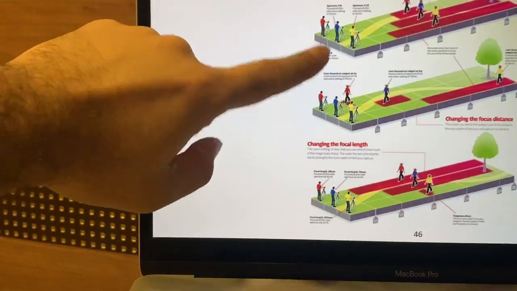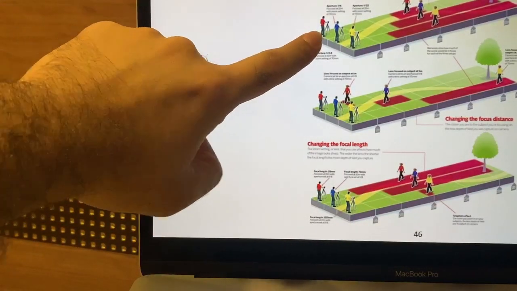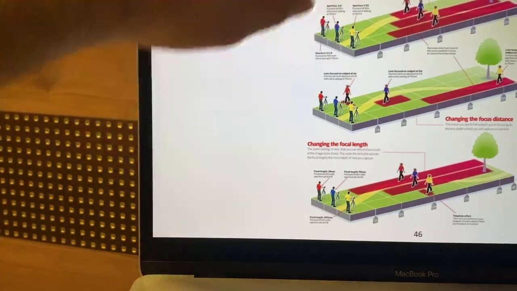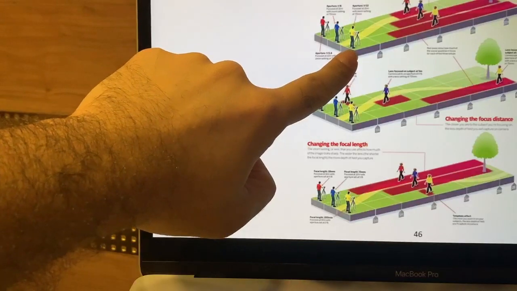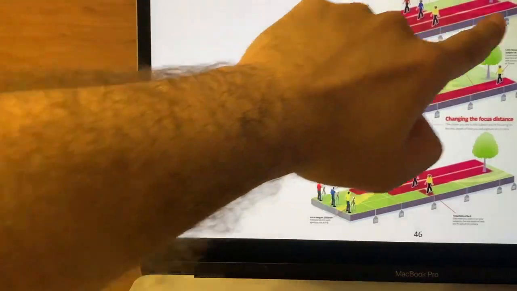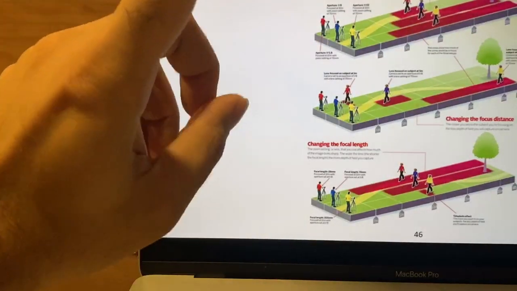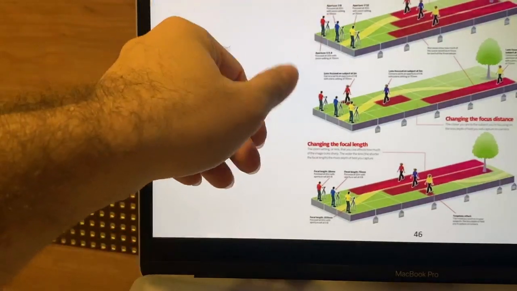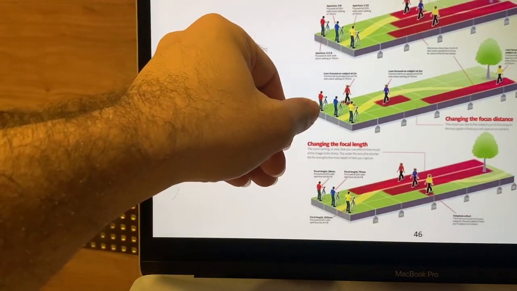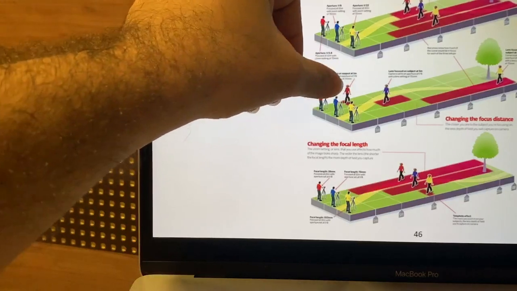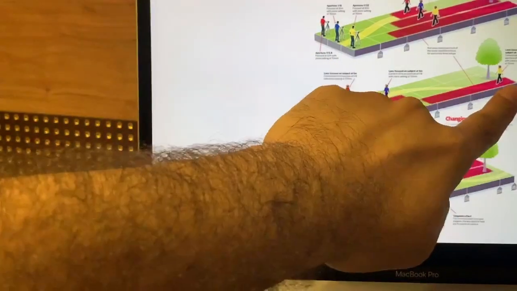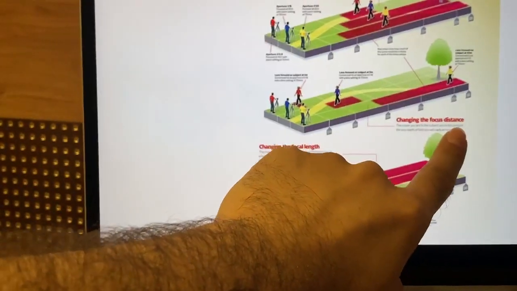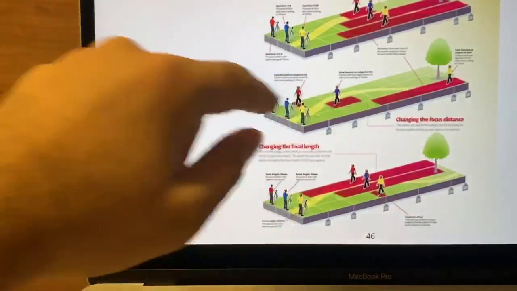So let me just revise. If you use an f number which is on the lesser side, so this guy is using, say, f2.8, the depth of field, that's the red band, is shallow. But the yellow guy is using, maybe say, f20, so the depth of field is deep. So with the f number, you can control the depth of field. That's the first technique. The second technique is, the red photographer is very close to the subject, so the depth of field is shallow. But the yellow photographer is very far from the subject, so the depth of field is deeper.